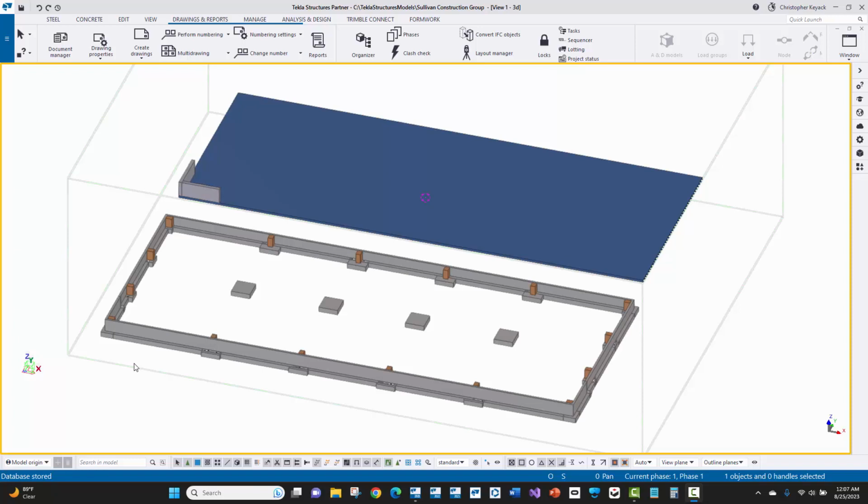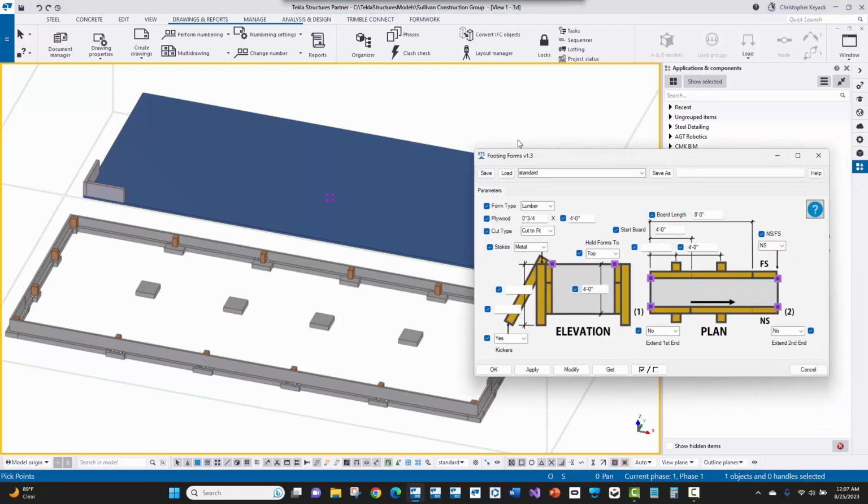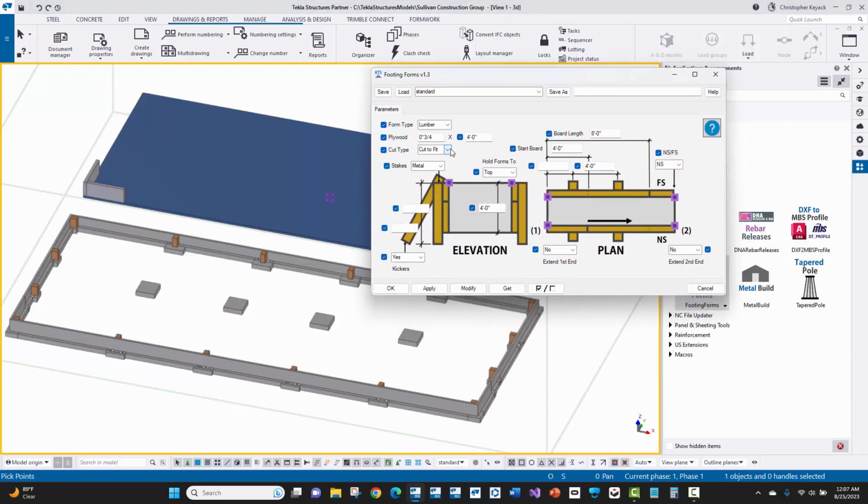In this video, I'm going to demonstrate the wood formwork tools that we've created here at Keyack Technology Solutions. Here, I'll go ahead and activate the component by going to my KTS Tools menu and double-clicking on the Footing Forms icon. Here you can see a dialog box that allows us to control different settings to place in the